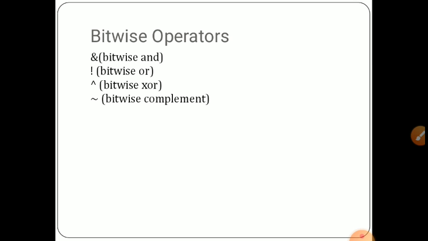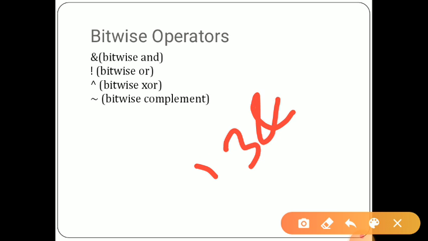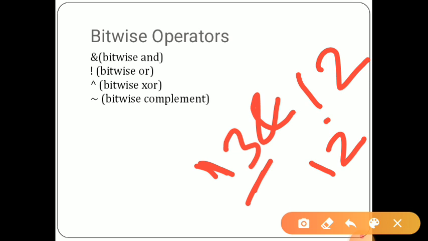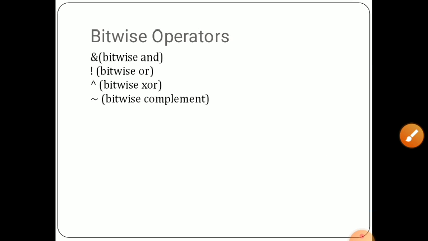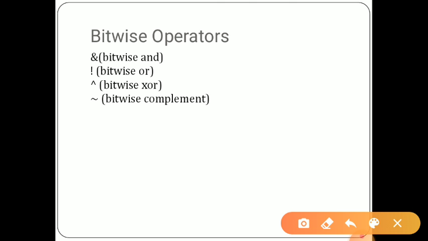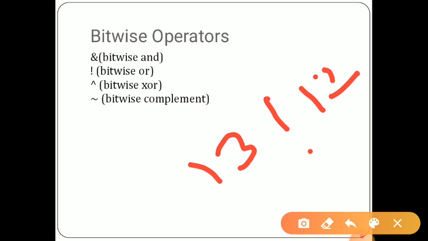Suppose here I compare the variables 13 AND 12. The AND operator is applied; if both values were 13 it would return 13, but one is 13 and one is 12, so it will return the lower value, 12. But in the OR operator, if I give 13 or 12, in this case it will return the greater value, 13.